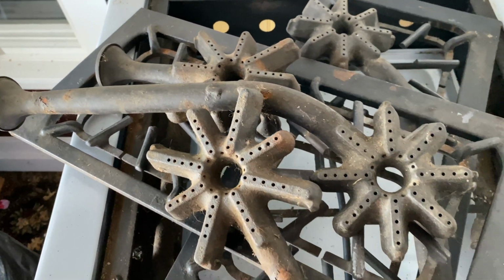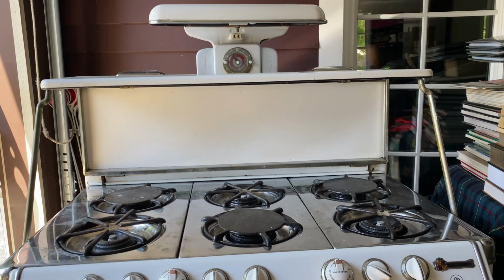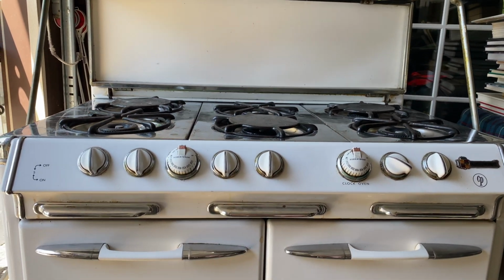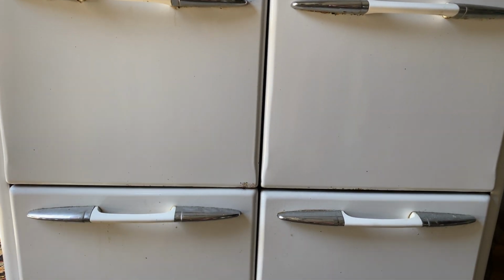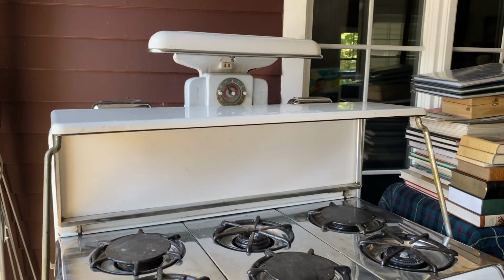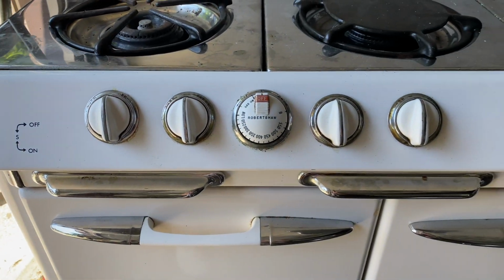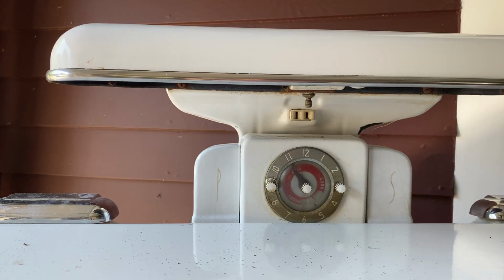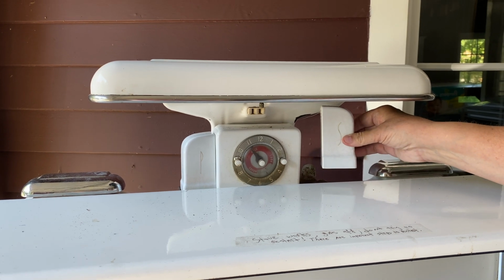Around 1940, my great-grandmother ended up buying a newer stove because newer ones were coming out and they had more room in them. This is very similar to the one that she bought. This was one my parents just found recently on Craigslist, and they got a really good deal on it, so they bought it. So what happened to the original stove is that she brought it down to her basement,